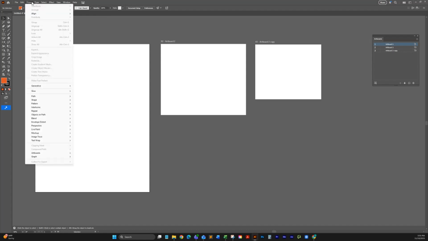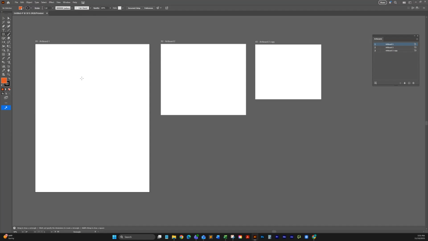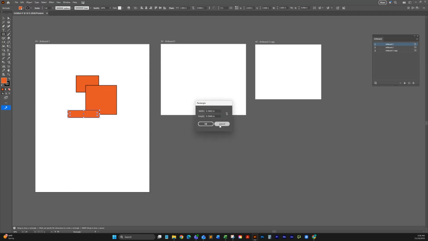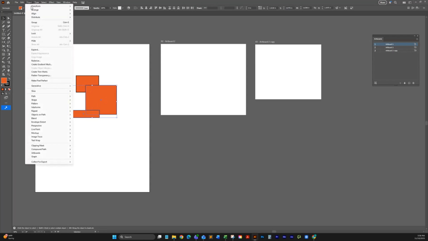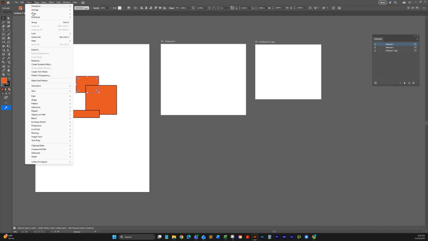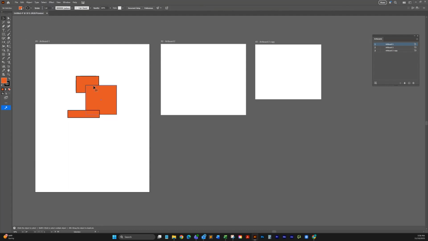This is where all your object controls are. And if we had, let me just get a couple of them in here. That way we can demonstrate the tools. You can group them, ungroup them. You can lock them, so if there's something in a particularly complex illustration, say I needed to get to this and these two were getting in the way, I could lock these, and that way it only allows me to work on this, but sometimes you do need that. And you can unlock,